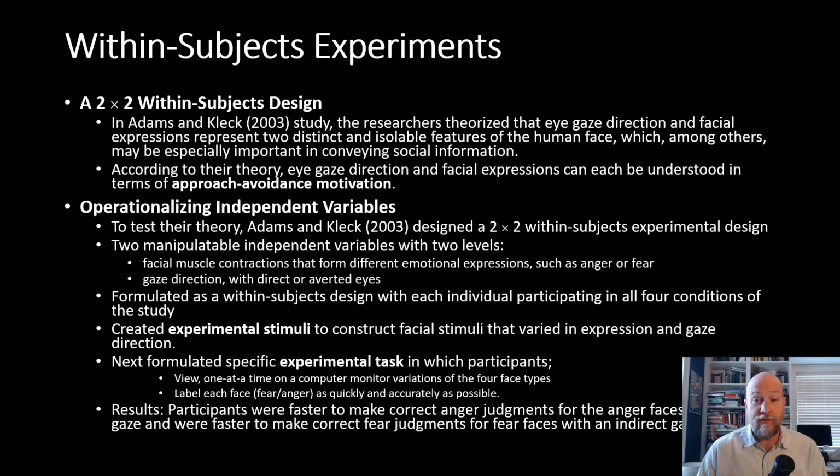As I mentioned, from an evolutionary perspective, as you can imagine, those 2 particular circumstances are quite important in terms of survival. Someone looking at you with anger in a direct way is a potential threat. Someone looking away from you with a look of fear is potentially also identifying a threat. So the idea is that from an evolutionary perspective, the way that our brains have evolved, we are a little bit faster, at least statistically significantly faster, at those 2 conditions than we are at the opposing 2 conditions,